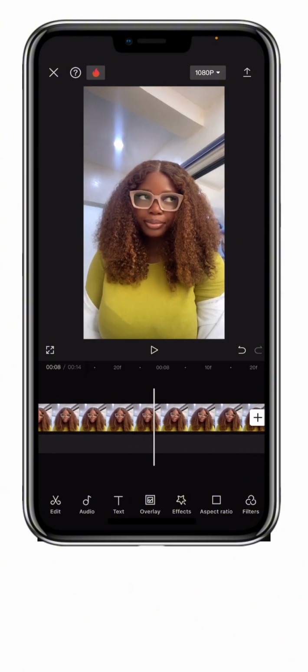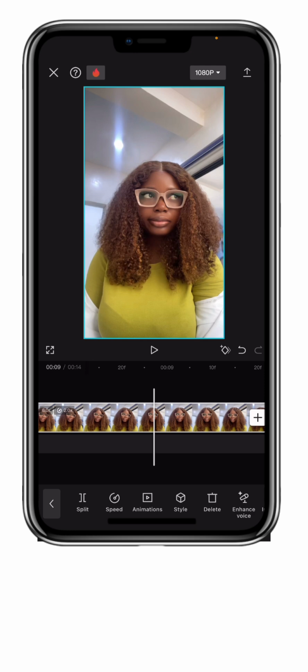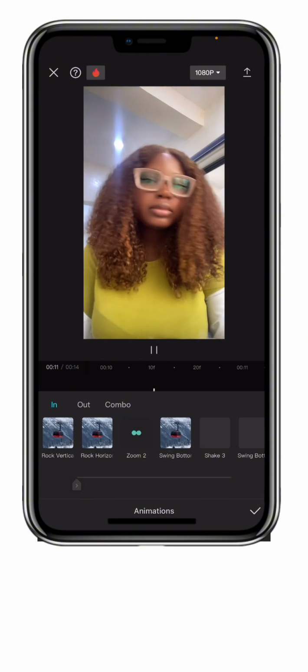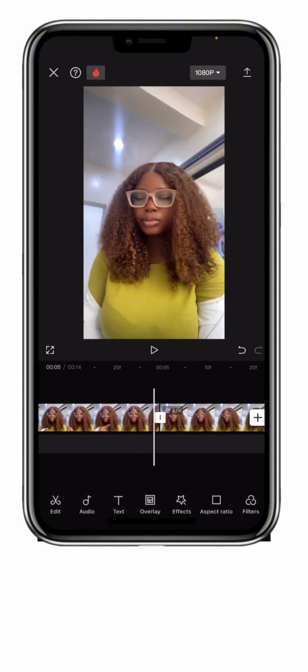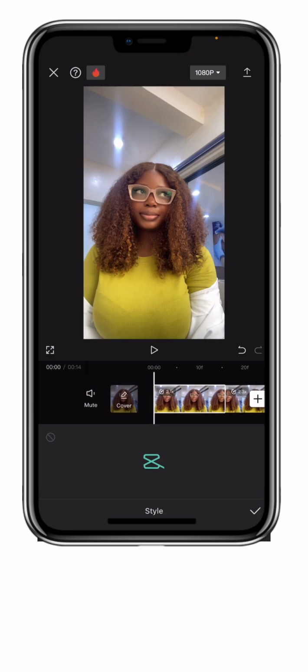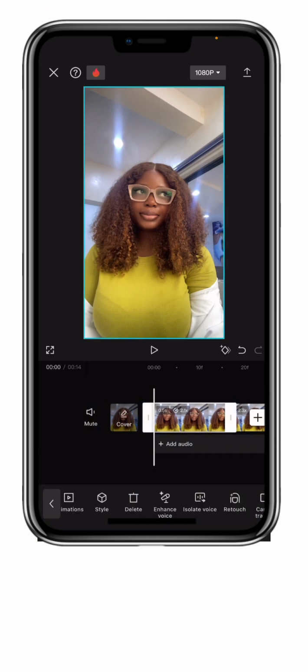the aspects. What's the next thing? We're going to see the next thing is animation. Animation is just like how you want your video to come in, to come out. Do you want your video to fade in? Do you want your video to fade out, to zoom in, zoom out, like when it's coming in? But me, I don't really use all this part, so I won't advise. But if you want to make it more interesting, you can use, we have style. You can decide to use different style. I mean, I don't use all these things, but you can decide to use enhance voice if you want to